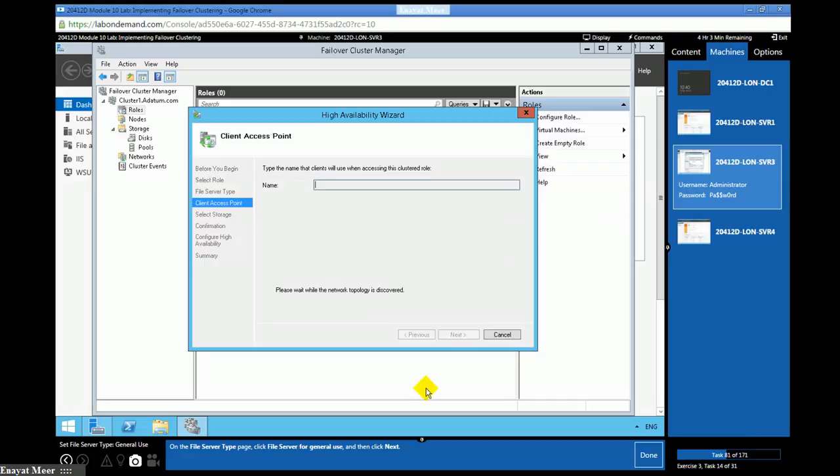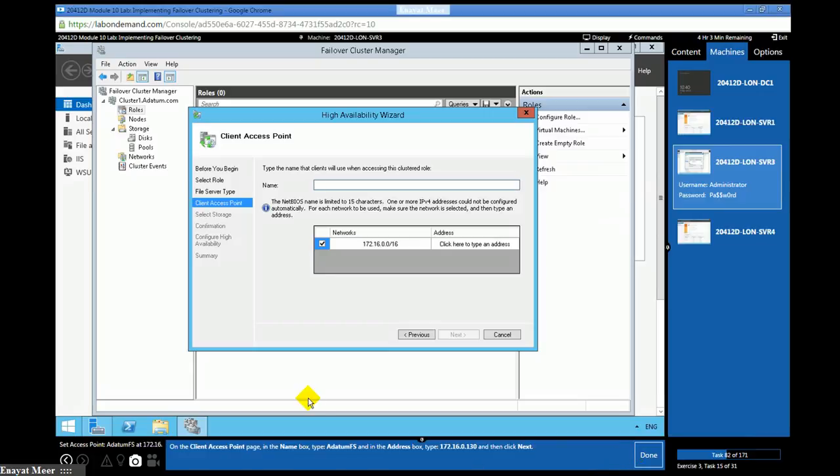You can read the options as needed. We're going to give it a name, Adatum FS or file server, and we're going to give it an IP address. 172.16.0 from the network. Instead of the last 0, we're going to choose 130 and continue. Next.